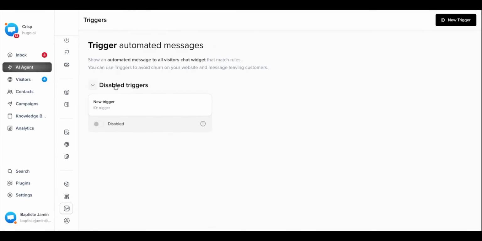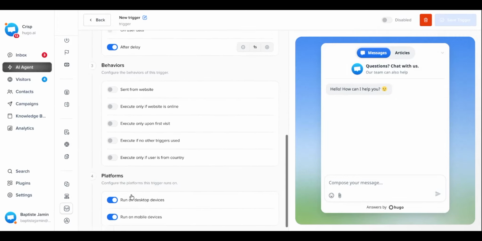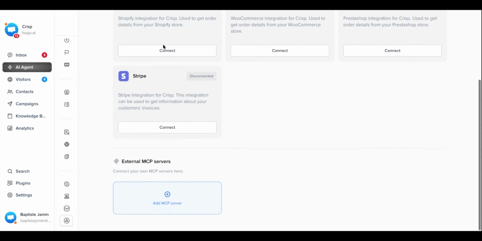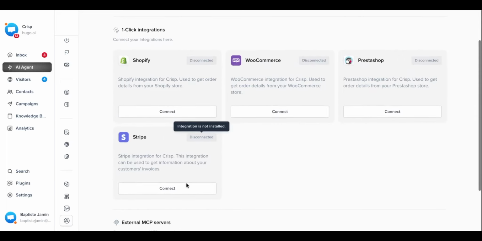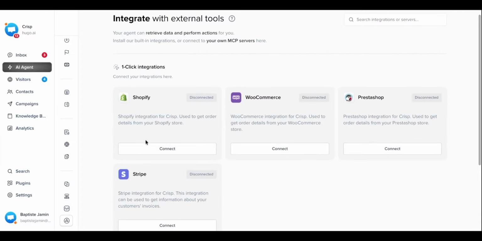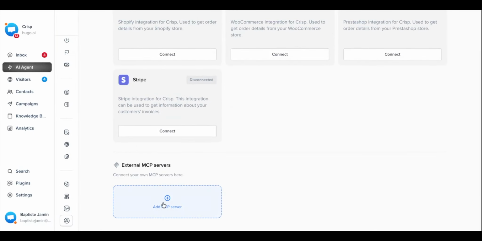What we did as well is migrate the trigger feature to Hugo. It works exactly as before, just built in on Hugo now. And another cool thing is integrations. We have built-in integrations with Hugo, such as Shopify and Stripe. Hugo can access your Shopify store to get cart information, shipping information, and Stripe as well, for instance, to get access to invoicing, and really not only give answers, but really do actions and